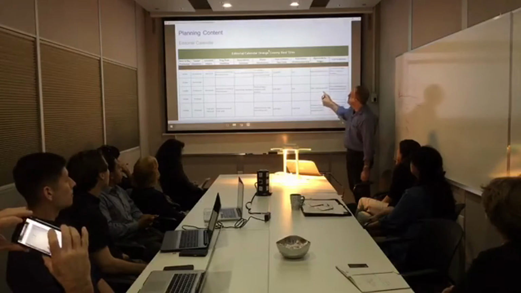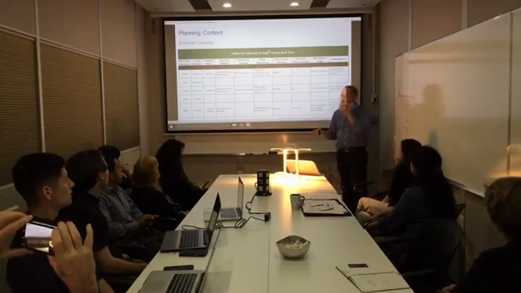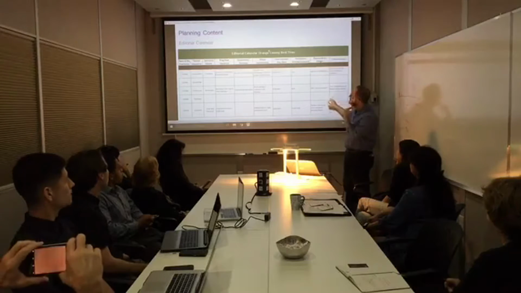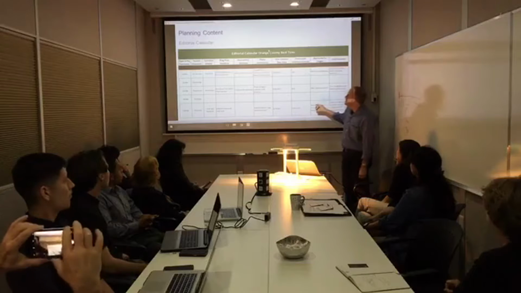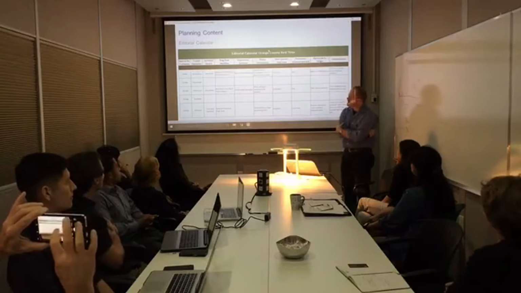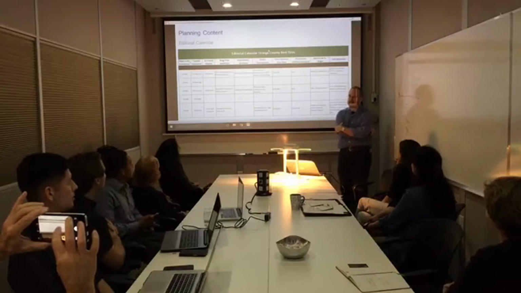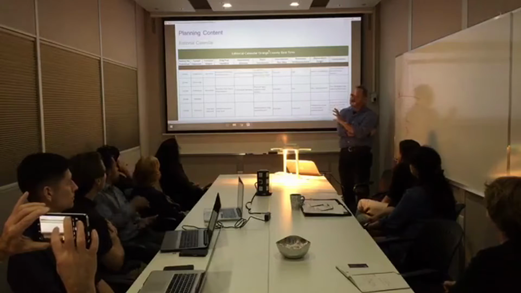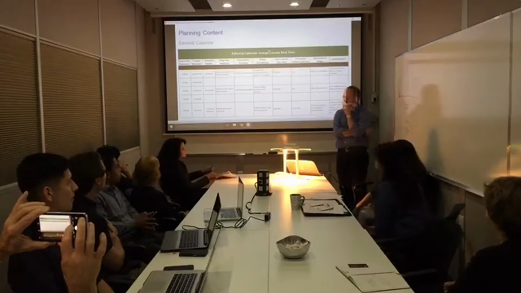So it's about taking them through this funnel again, in essence. Last slide. How do you plan, right? So I came up with a chart like this. This is actually not necessarily my idea. This is something that is used pretty commonly in content marketing these days, where people come up with a calendar, like an editorial calendar.